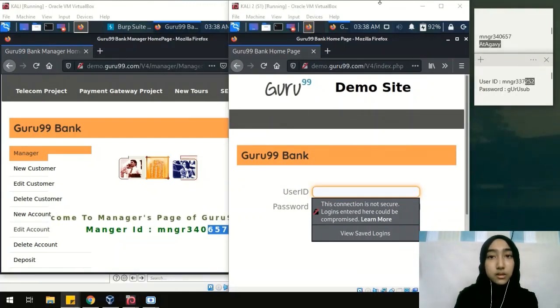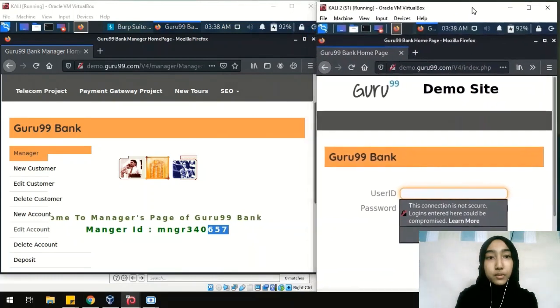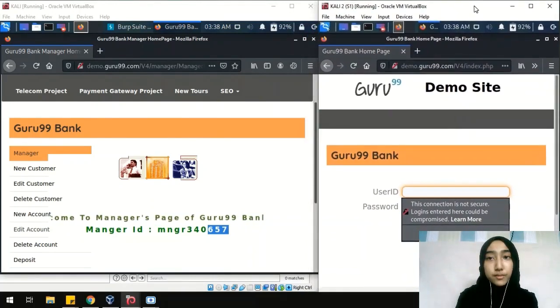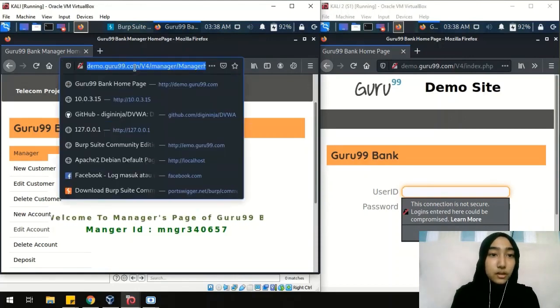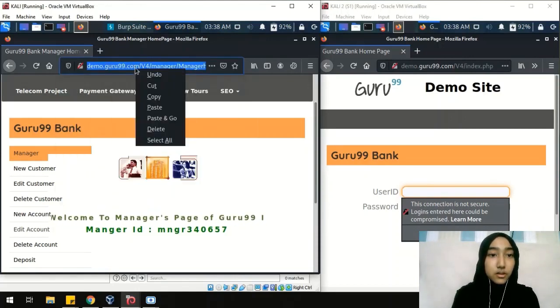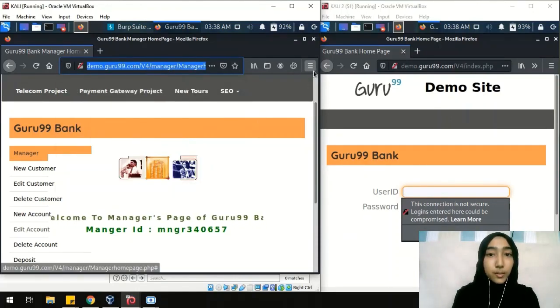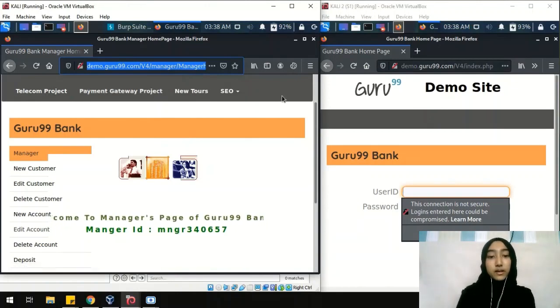Alright, so this is two different people or two different users of this website. So if the attacker shares the link with the victim